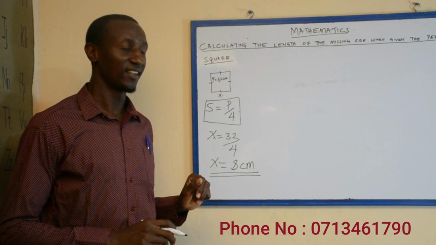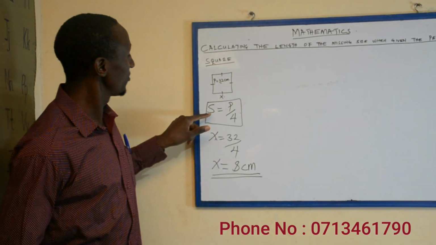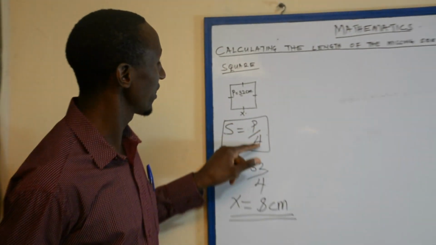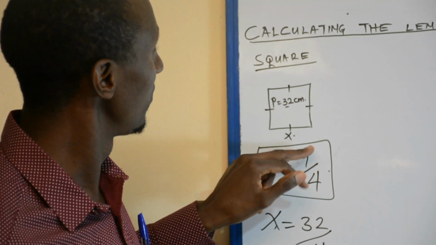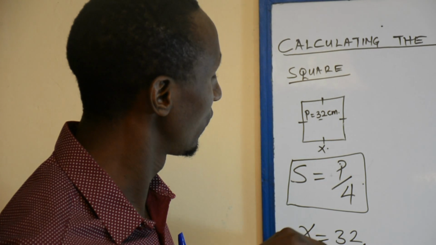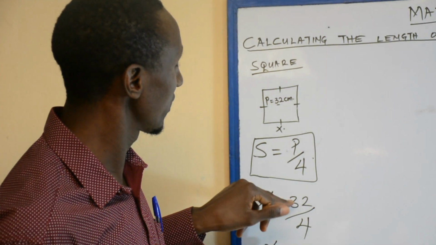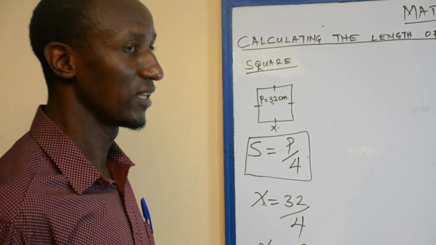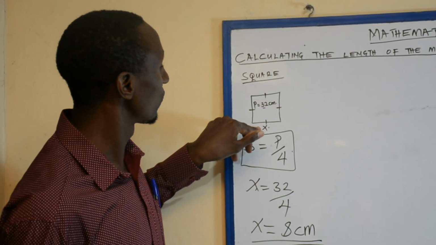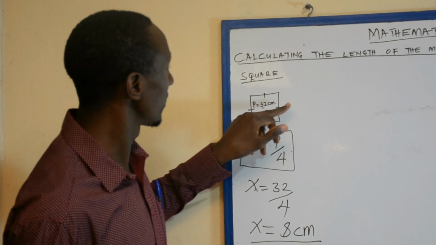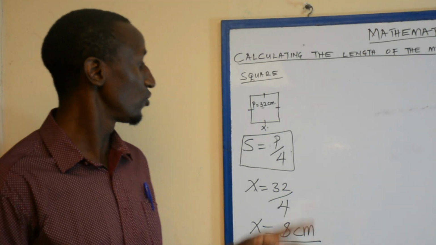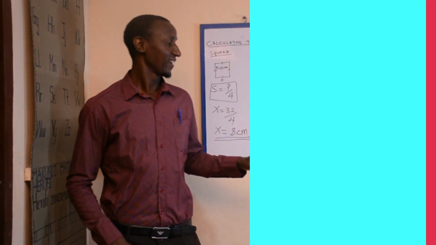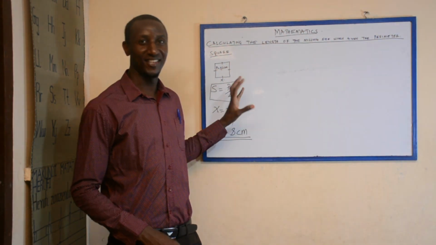Are we together there? Yeah, you just use this formula. Side is equal to perimeter divided by 4. Whereby the side is this x. Perimeter has been given here, I put it here, divided by 4. So when you divide 36 divided by 4, you get 8. And that is the length of this side. This is 8, 8, 8, 8. As simple as that. For a square, you use this formula. I think this first example was somehow challenging.